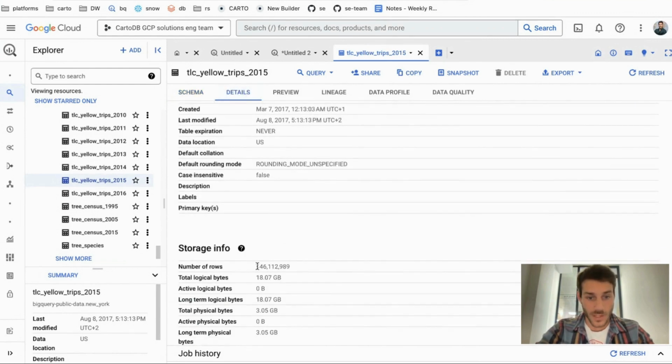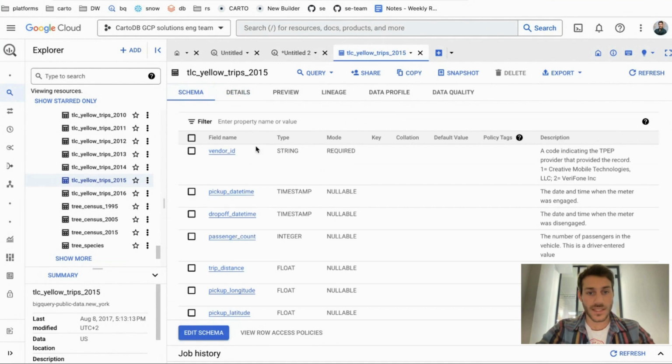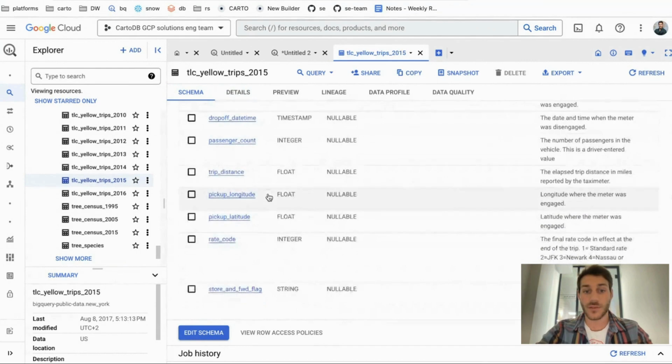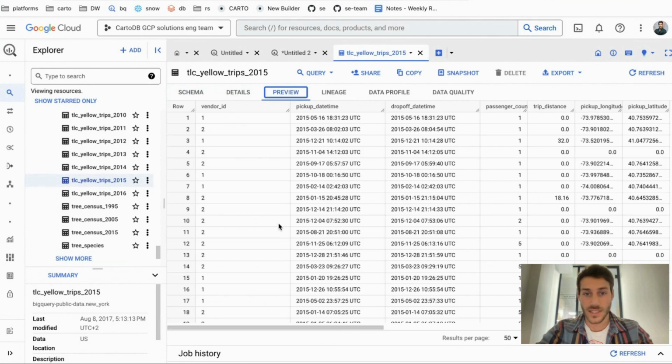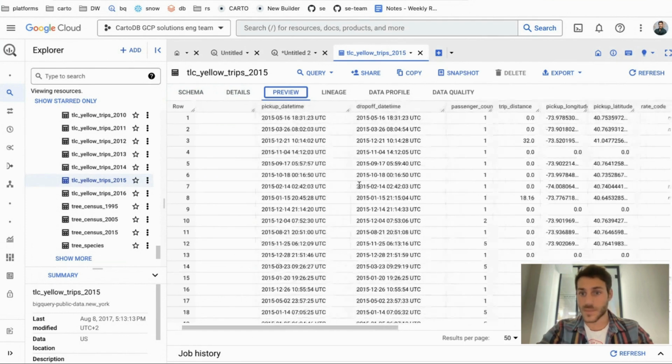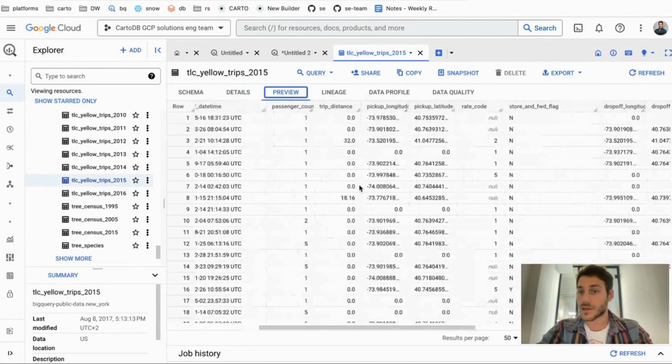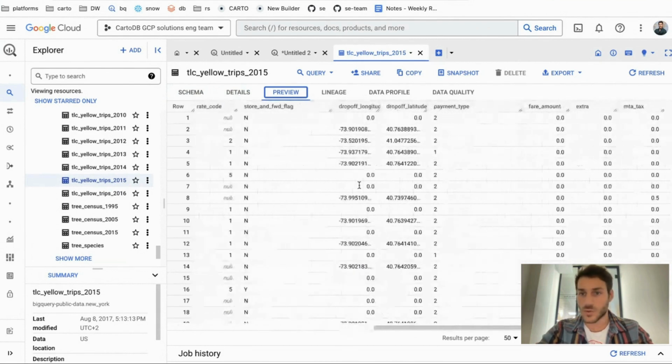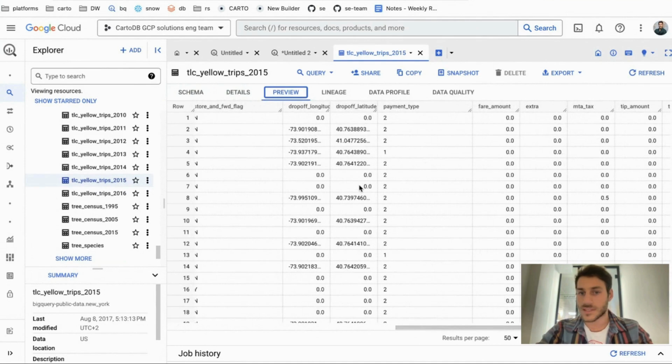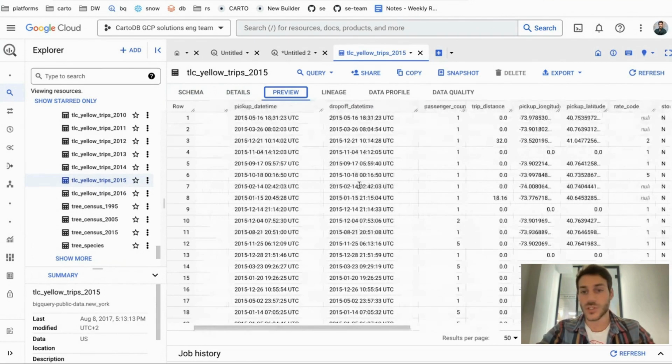In the details, is 146 million rows, weighing a total of 18 gigabytes. And we can see in the schema that we have both the pickup and drop-off daytime and the pickup and drop-off both latitude and longitude. So if we take a preview of this data, we can see what it looks like. So we have the pickup and drop-off locations, and then a lot of other attributes that we won't be using, such as the amount or distance and other attributes. For now, we will just use the date and the location of the start of the trip and the end